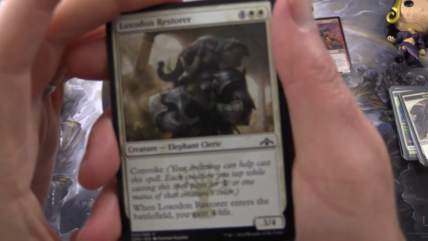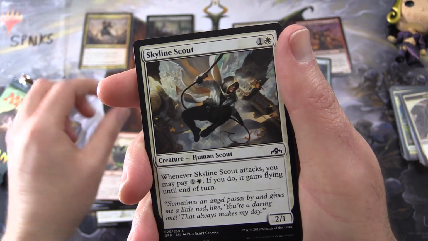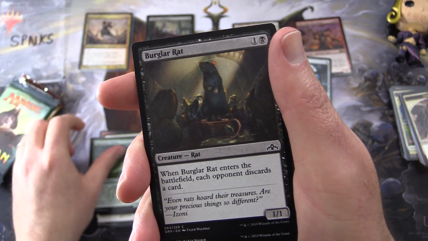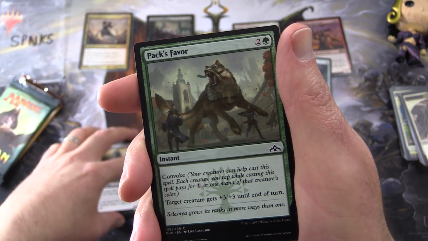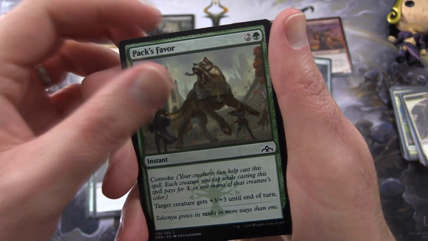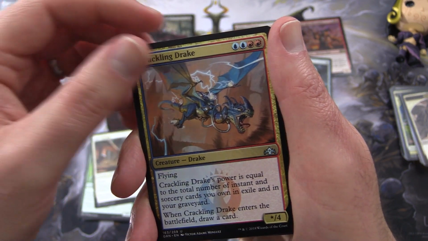Okay, what do we got in guilds? We have Loxodon Restorer, Dimir Informant, Rubblebelt Boar, Skyline Scout, Spinal Centipede, fantastic. Vigospore Worm, Burglar Rat, yes, we've got the rats as well. And are there any rat commanders? I can't recall any right now, but maybe there's something with a rat pictured on the card. Pax Favor, Iron Shell Beetle, and uncommons Rock Charger, Crackling Drake,